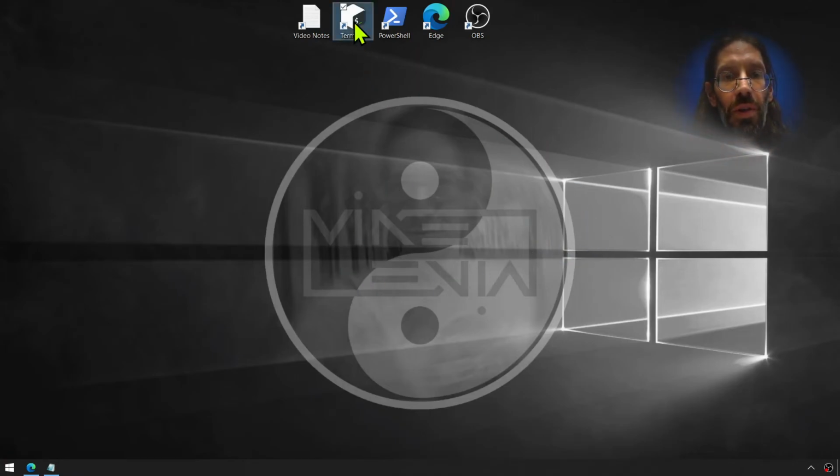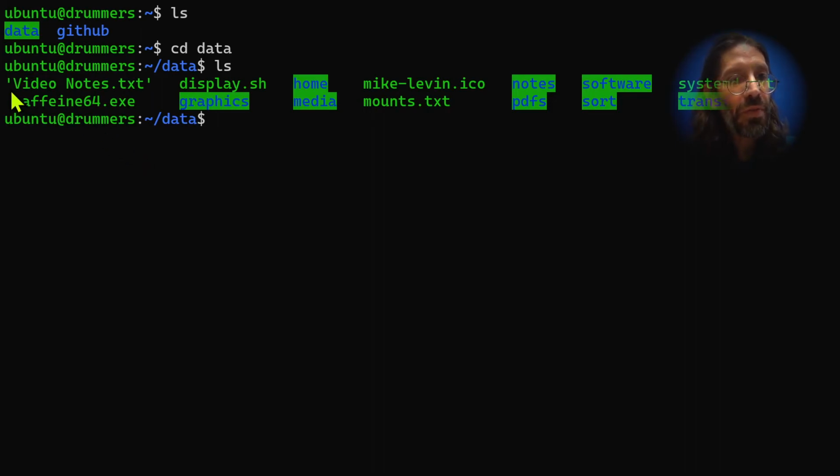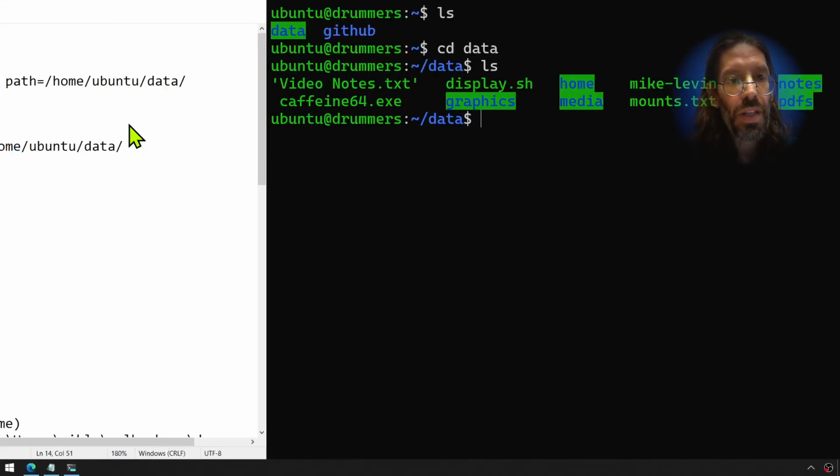We double-click terminal. It's loading one version of Linux and it's loading another version of Linux, and then it's dropping me in at the prompt under Ubuntu at Drummers, ls. There is the data drive, persistence, cloud drive, cloud at home drive. Now to hit home the fact this really is a cloud drive, let me cd into it, ls. And there are my files. One of my files are my video notes that you see over here, right?